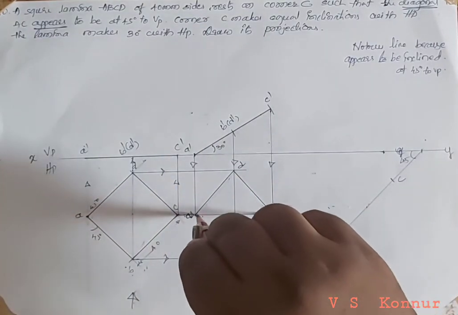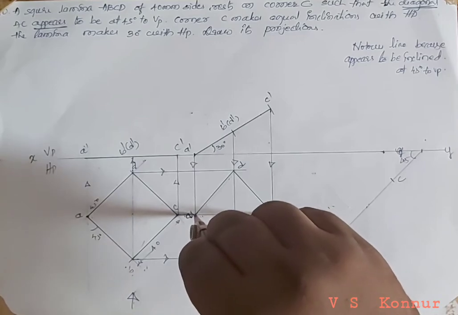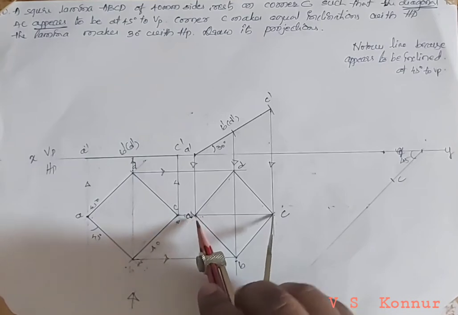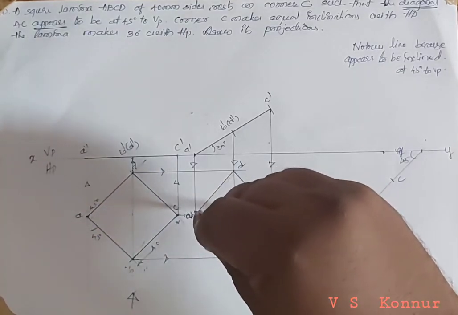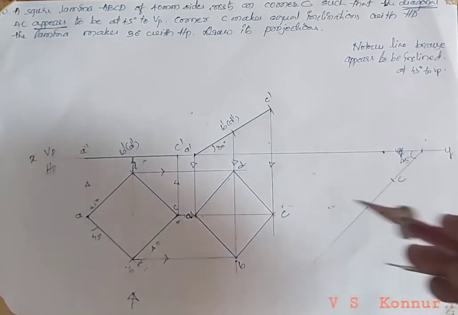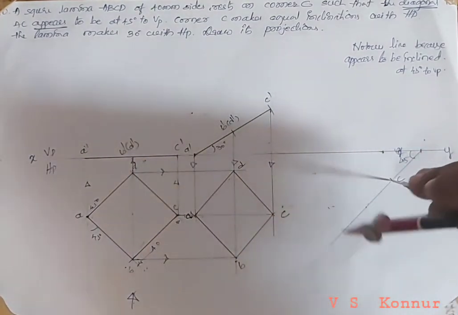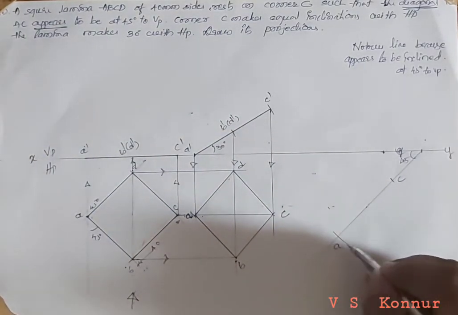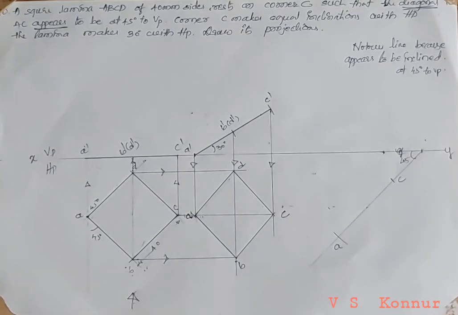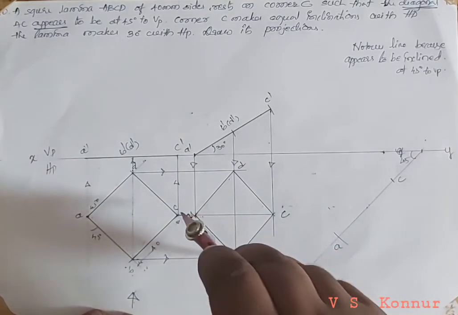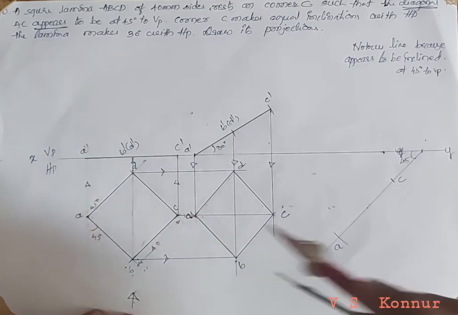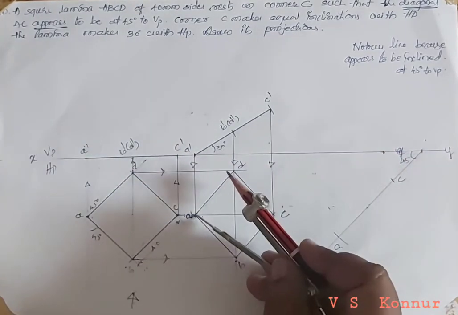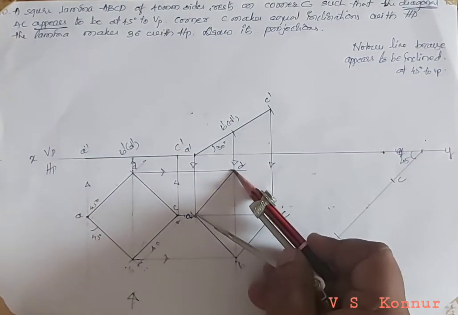Directly this projector, that is this distance you have to take, that is after 30 degree inclination we got this distance, so that distance we have to take, and then cut the distance by C. That is A point we get here. Then take distance from B to C or B to A. B to A we have got, and all these distances are same: B to C, C to D, A to B. All these distances will be same.